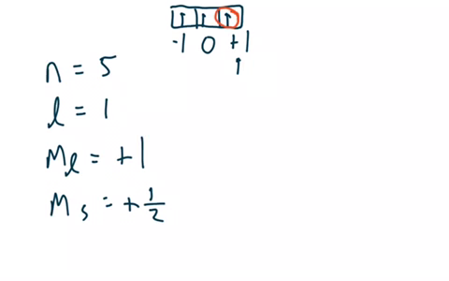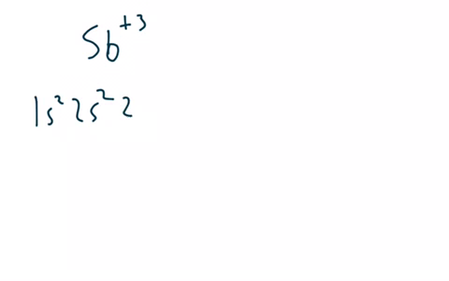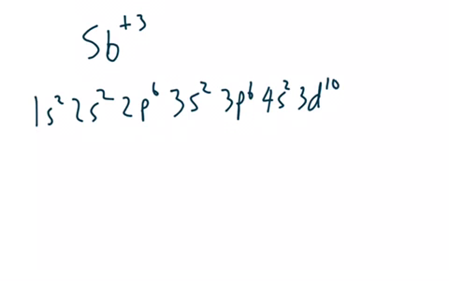Okay? And then finally, there is one more thing here that I'm going to add, even though it's not one of the questions. Let's say that antimony were to become +3. Okay, if you recall earlier, antimony has 51 electrons. So let me go ahead and rewrite this here. It's 1s2, 2s2, 2p6, 3s2, 3p6, 4s2, 3d10, then you go to 4p6,